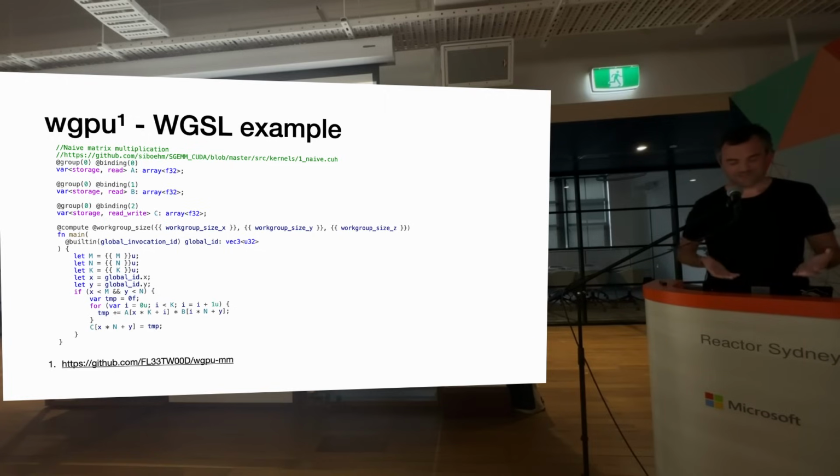This one's got some templating going on as well, and you get some of the error handling that you might expect from Rust now. I think traditionally it's been very hard to write shaders because you don't get a lot of feedback, except that something went wrong. And anything we can do to make that better helps. So yeah, this is a WGSL example. It is parameterized, but you can see it's kind of the same thing, but compared to the CUDA level, you're down a level. You can see that I'm talking about bindings. And the whole time I've not talked about how you get data into the GPU before you even run these kernels, because it's a whole other thing you have to do.